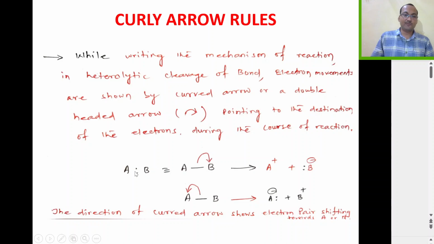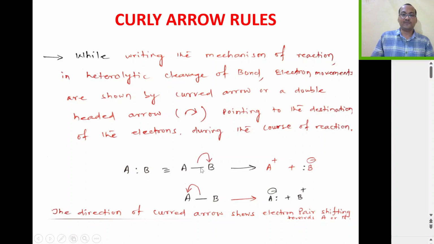This is the molecule AB, where both atoms share both the electrons, giving rise to a covalent bond. When this bond breaks heterolytically, you have to show this double-headed arrow. The atom on which the arrow is pointing